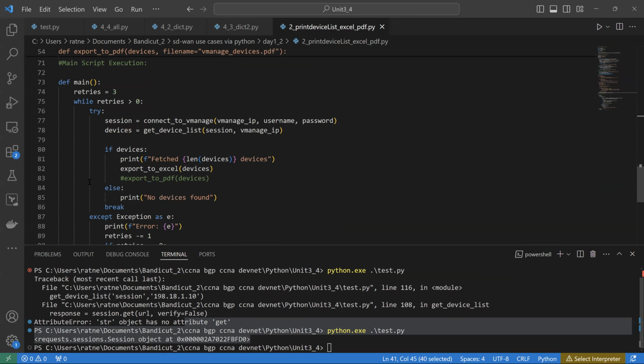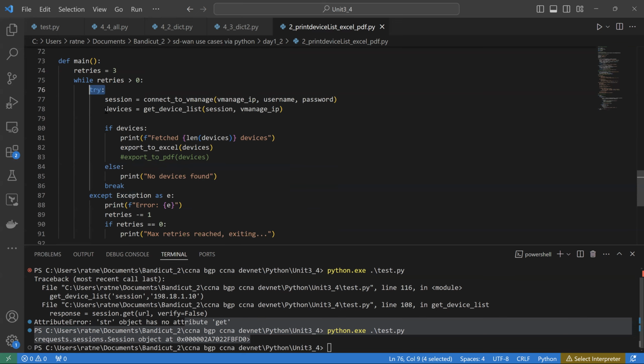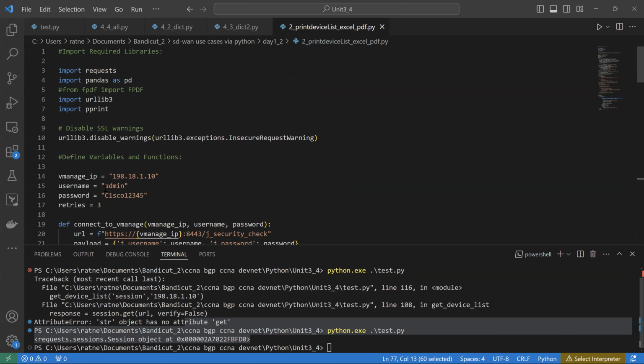Then we are in the main function. Now you will see the main function call. In the next class, we have to learn about the try and except method. Apart from this try and except, you will see that we know everything. So we are defining the main function where we have the global variable retries, where we have the while loop. That means try 3 times: first time, second time, third time. Try to log into vManage. And now you can see the session. The session here is session equal to connect to vManage IP, username, password. Since we have defined this as a global variable,